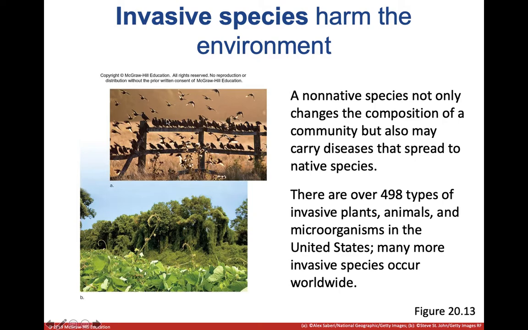And the native organisms can go extinct because of it. You can see down here this kudzu has grown over the trees, which causes the trees to lose light, to lose the ability to make food for themselves, and eventually they will starve to death and die due to lack of light. In Japan and China, where kudzu is native, the trees have evolved to be able to survive this. Not so much here. Now, these invasive species can also carry diseases that can be introduced into populations that can be detrimental.